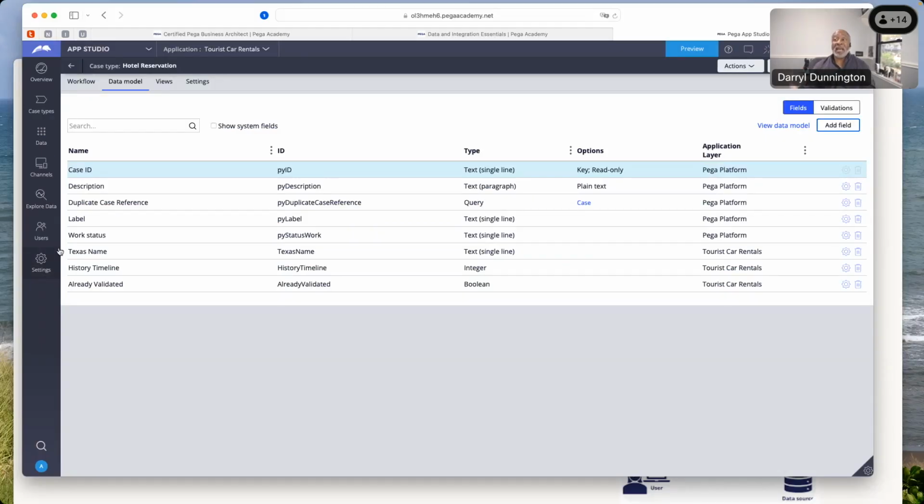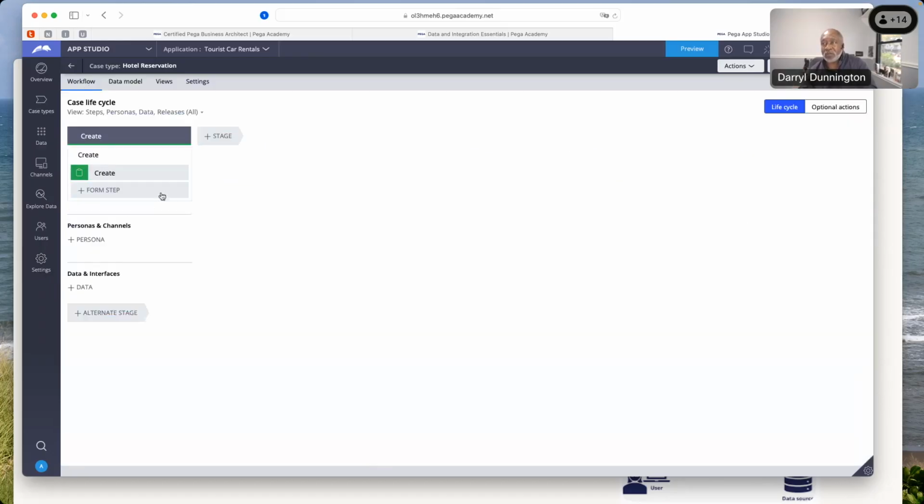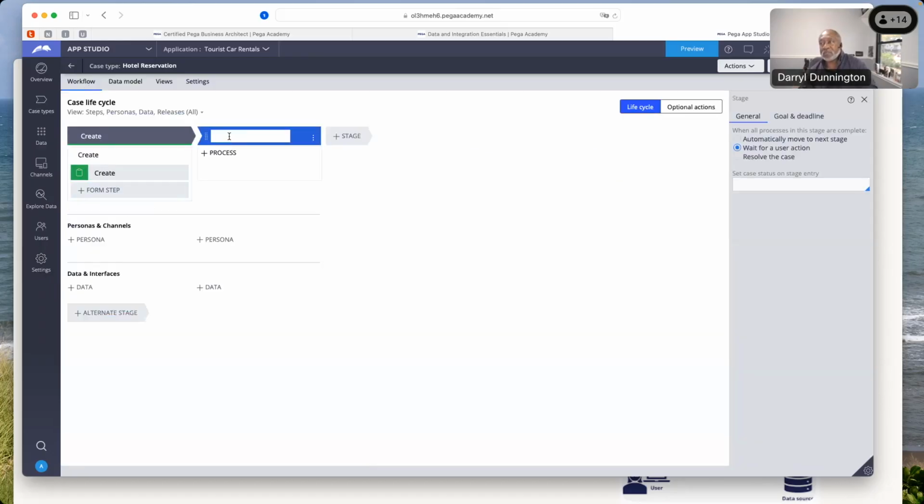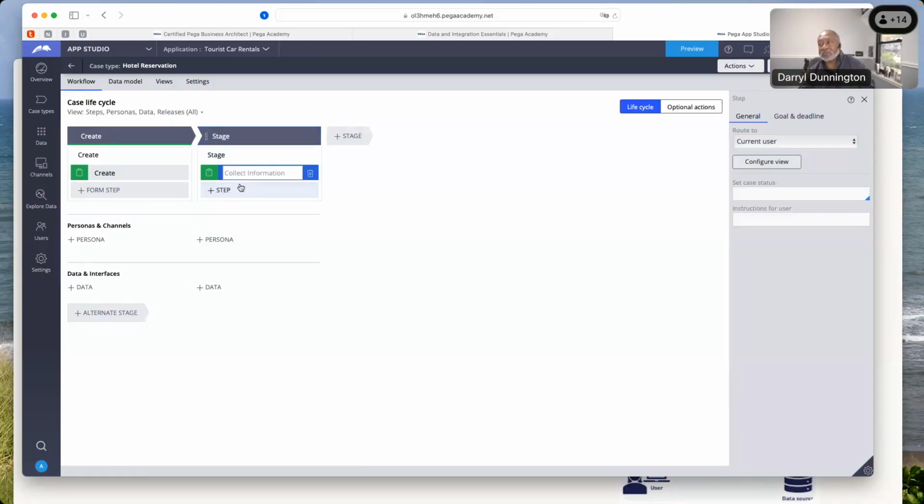Now, once they're added to the data model, it gives me the capability to go back to my case types or to my workflow, and I can create a form, and I can then start using them. I have to create a step. Create a step. Collect information. Make it very simple. Info, and I can come over here